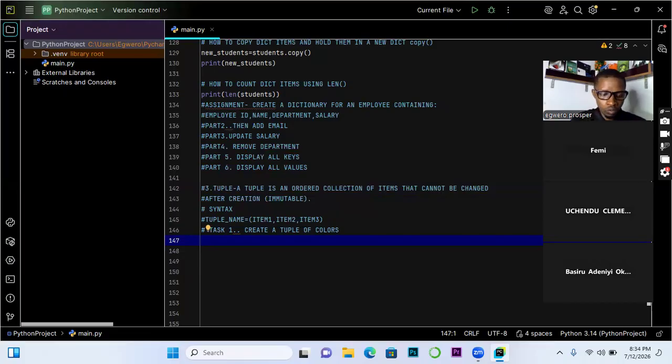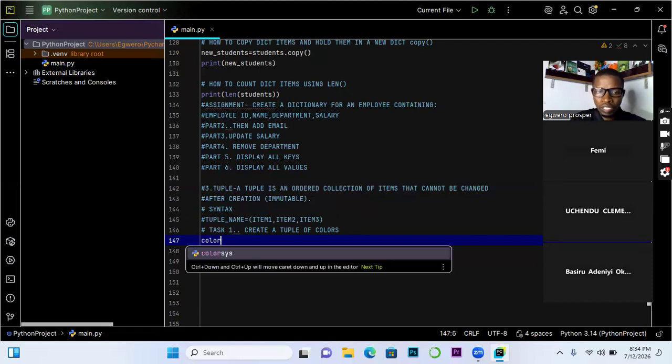So I'm going to start with the name. Always use a descriptive name. I think I've advised us on this before. What do I mean by a descriptive name? A name that suggests the purpose of that container. So since we are creating colors, I will simply say colors.